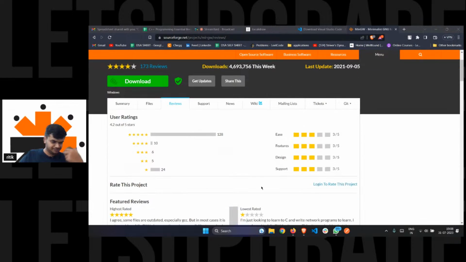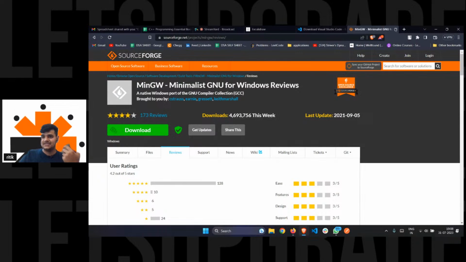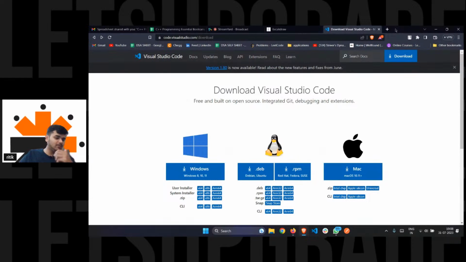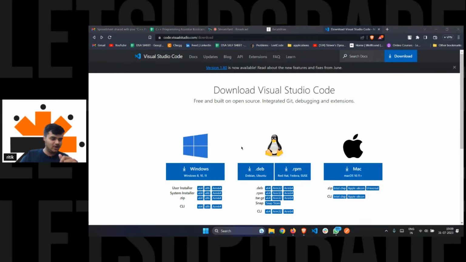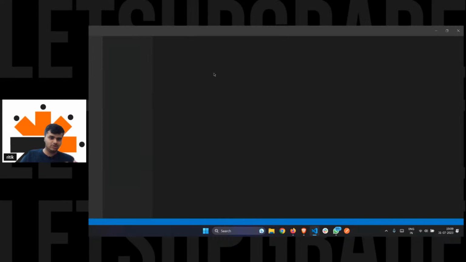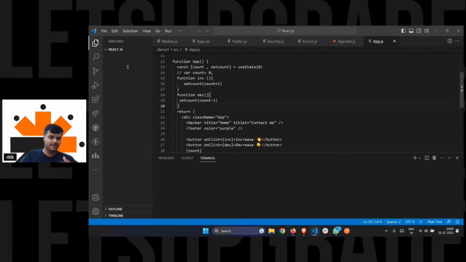Okay. Chalo. With that being said, let's just quickly jump on to code, because coding is all about implementation. Let's just quickly go to VS Code. What is VS Code again? It's an IDE. It has an icon, a blue kind of a triangle, I would say. This is the icon for Visual Studio Code. If you click on Visual Studio Code, you'll land on this kind of a UI.